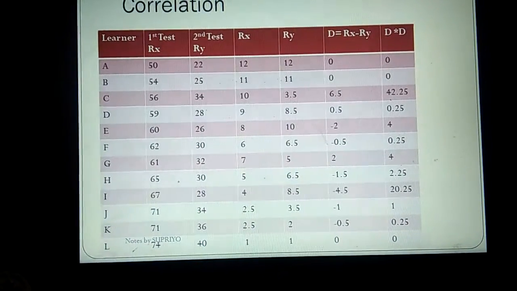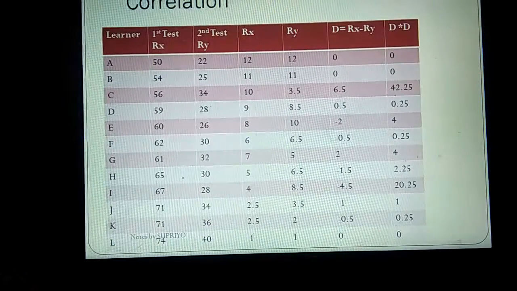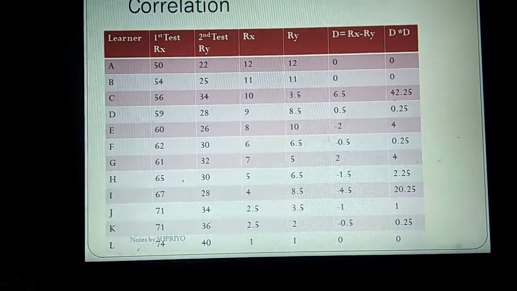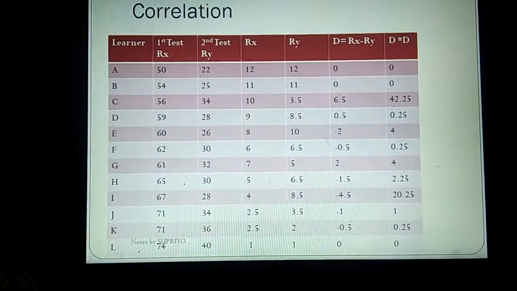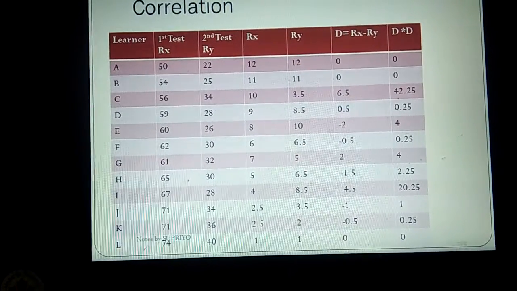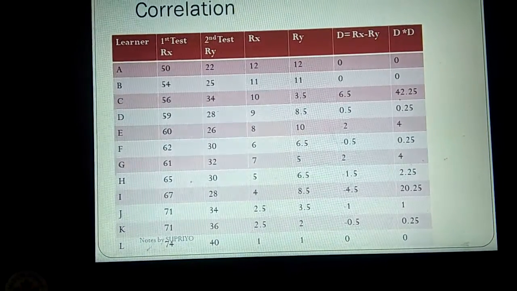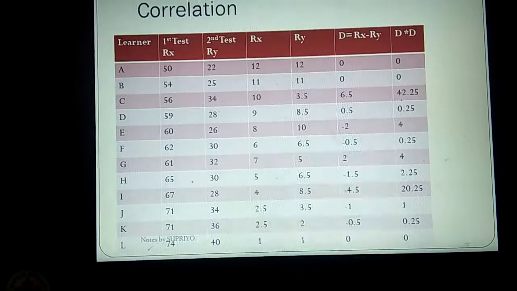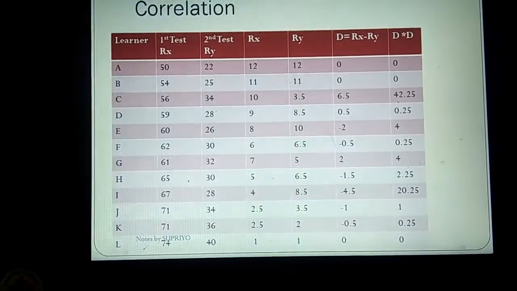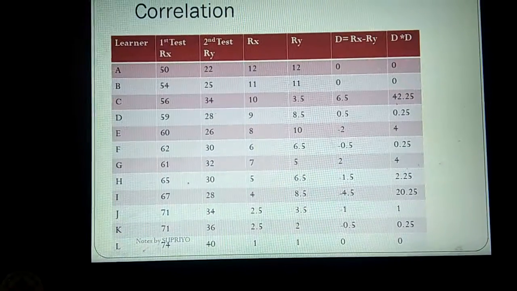So what to do? Again the same, they are taking the third position and the fourth position, right? Because there are two people, and because they got the same mark, you cannot give them one third and another fourth, because it would be an injustice. So in order to do that, we again find the midpoint of the third and fourth position, which is 3.5, and give both of them 3.5. So 3 and 4 is now covered by the midpoint of 3.5. Similarly, we give the fifth position to the one who has obtained 32, because that is the fifth position. Similarly, we carry on this calculation of Ry